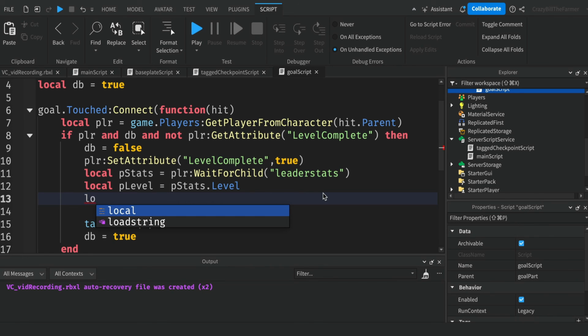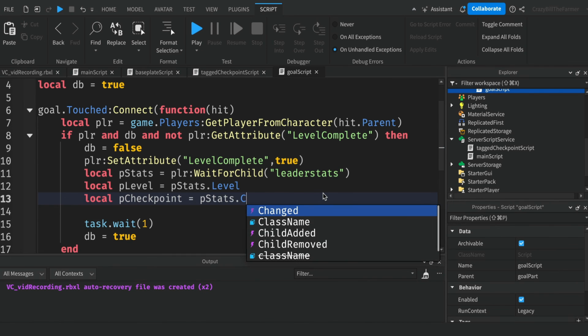So local player checkpoint will equal p stats dot checkpoint,